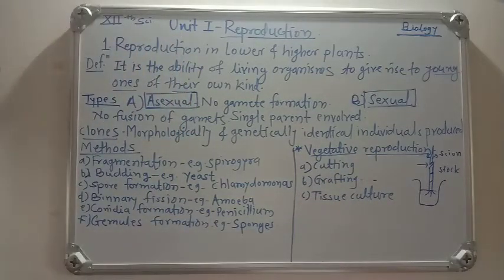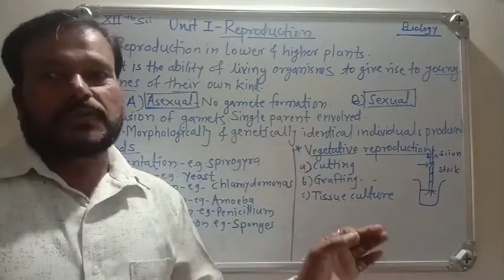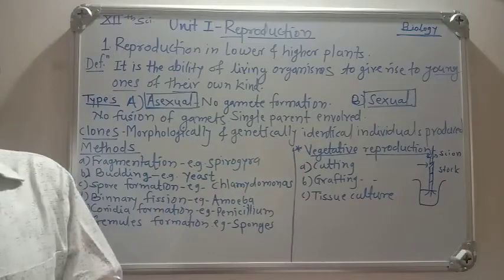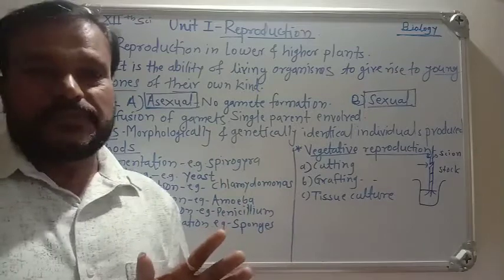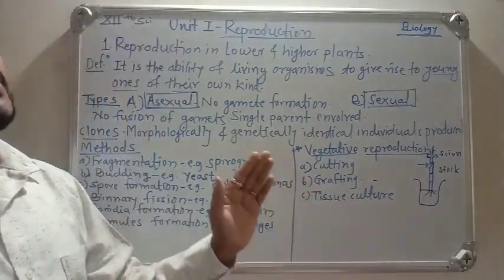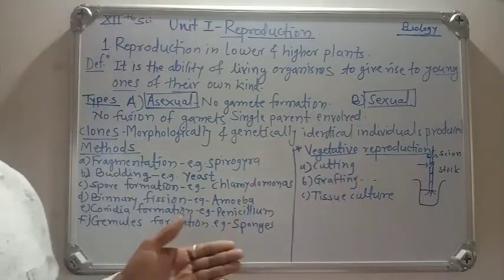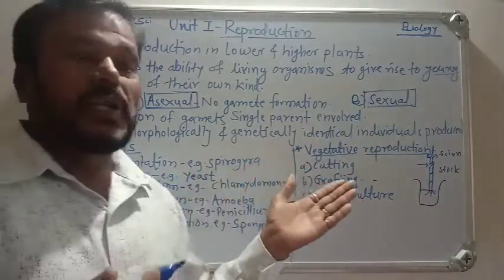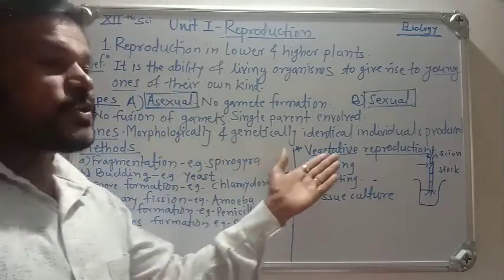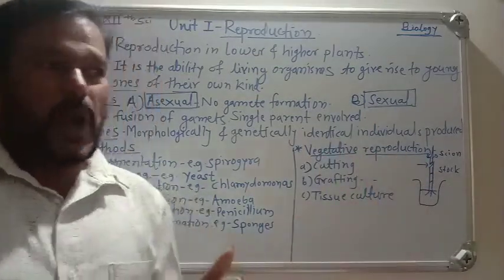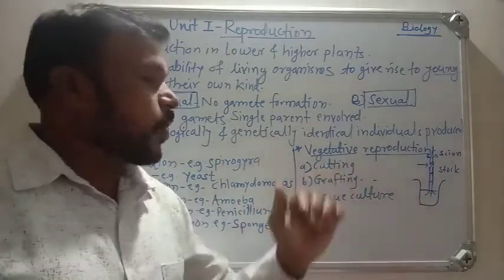Then what is cutting? A small piece of a plant having one or two buds is cut, which grows in the field, and that is called the cutting. Cutting is done in different plants like sugarcane, rose, and another example, hibiscus. These are examples of stem cuttings. It is also used in some leaf cuttings, bryophyllum also. It is also in root cuttings, blackberry. These are the examples of cutting.